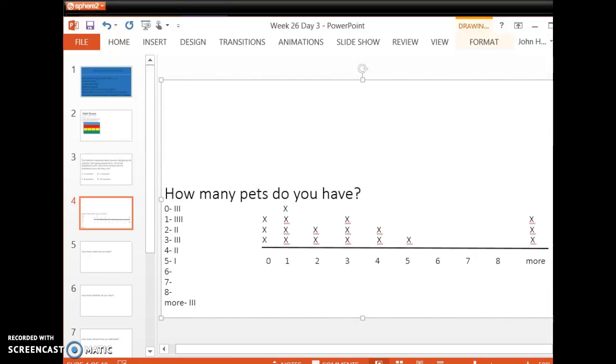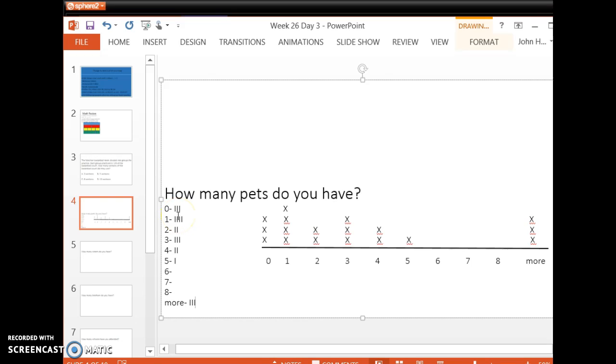Hey, today we have a lesson that we talked about, and it was how to create a line plot to represent data. And then the second part of that is how to interpret that data. So we had the kids do a little survey, and the survey said, how many pets do you have? And the kids would come up and they would make a tally mark next to the number of pets